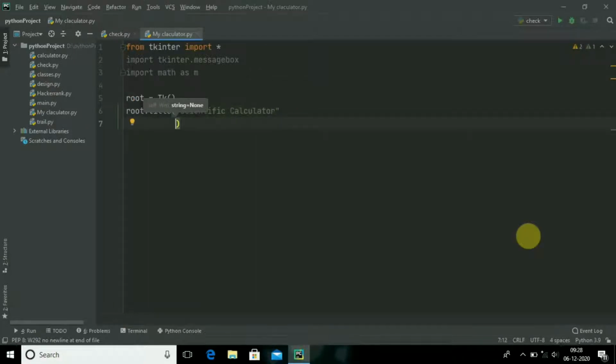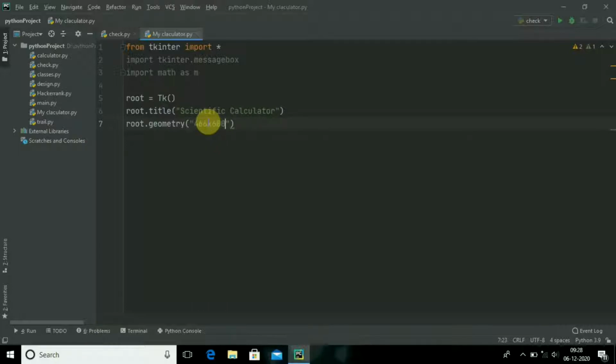Then after, I will be specifying the geometry. Let it be 466 x 600. Don't forget to include this x.